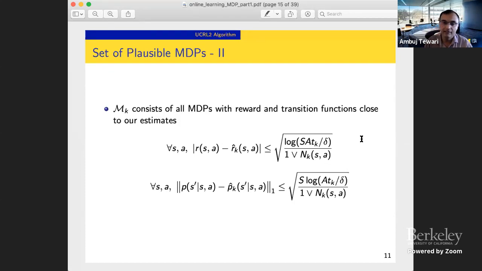And the delta will become obvious very soon. The delta will be the standard thing in probabilistic analysis of algorithms, where the algorithm will fail. Its theoretical guarantee will fail with some small probability delta. So obviously, if delta goes very small, then your confidence intervals have to become larger. And the last thing I want you to notice on this slide is an extra square root of S in